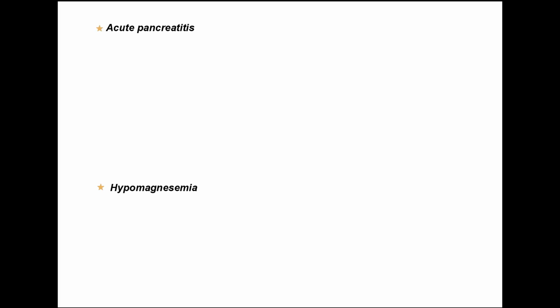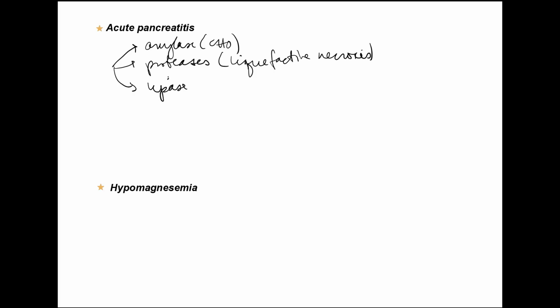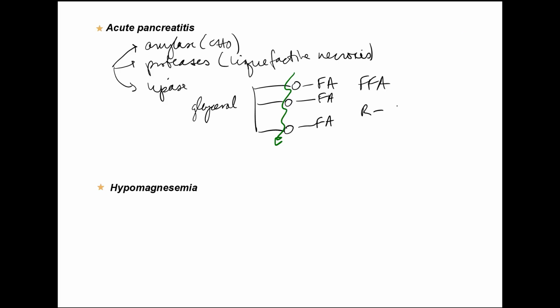Hypocalcemia is seen in acute pancreatitis. The pancreas releases 3 families of enzymes for digestion. There's amylase for carbohydrates, that breaks the starches into disaccharides, proteases for digestion, and in the pancreas, this is what causes the liquefactive necrosis. The lipase acts on triglycerides, which are formed from a glycerol backbone with fatty acids through the oxygen bond. And lipase fractures that bond, and so it leaves free fatty acids, which are going to have